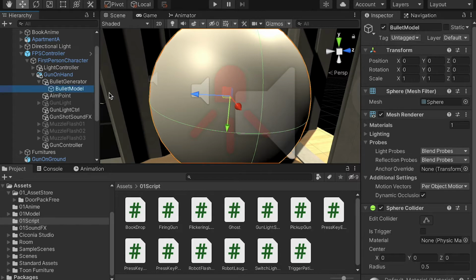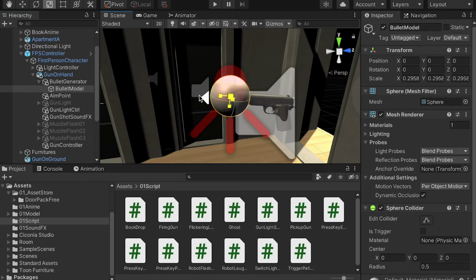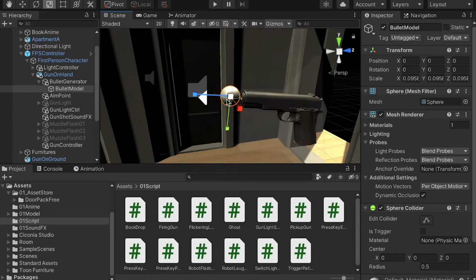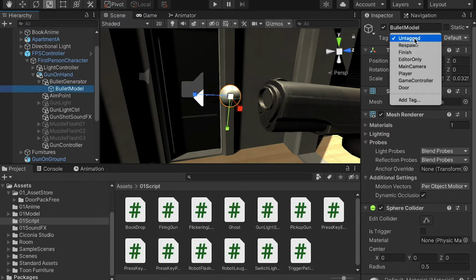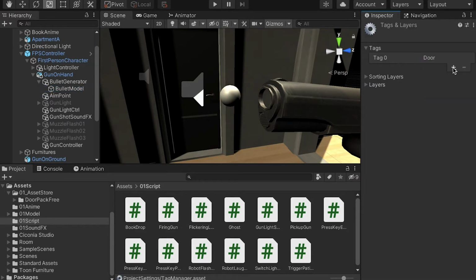Let's make it smaller, similar to here, this whole similar size, and then I would create a tag for it. So here let's add a tag and let's add Bullet. So keep the B caps locked and save,